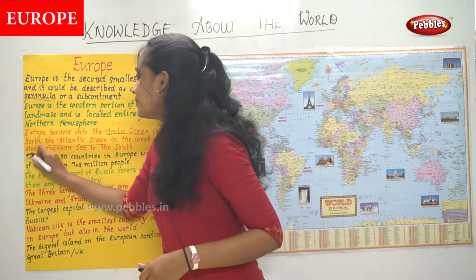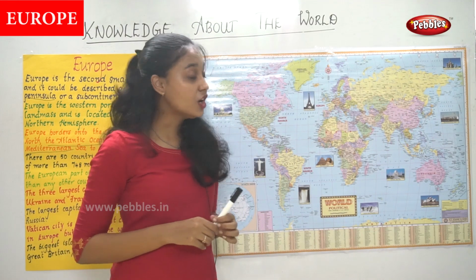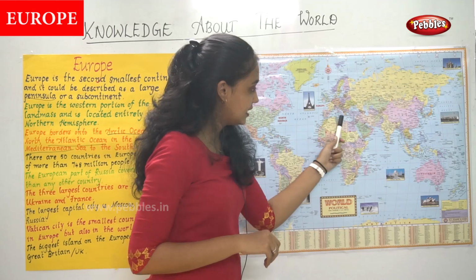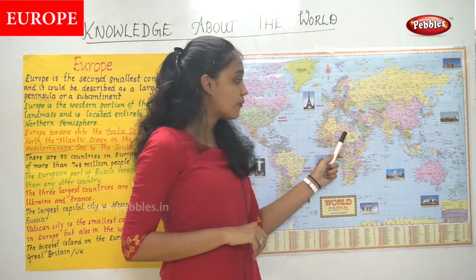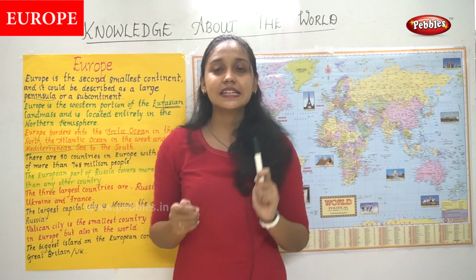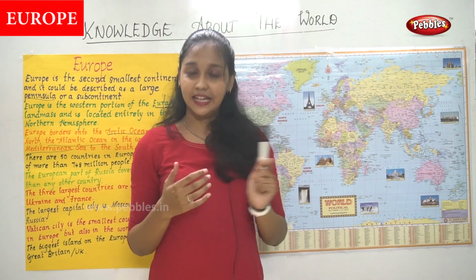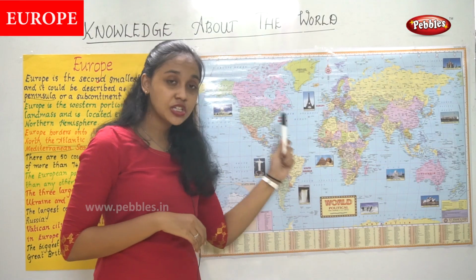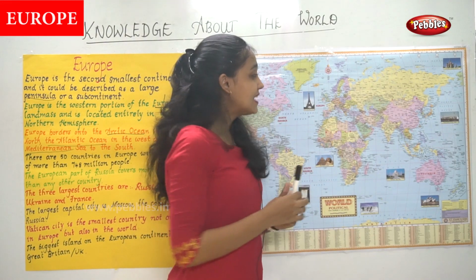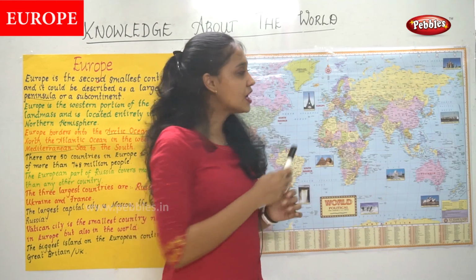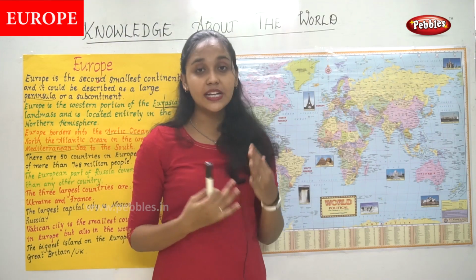This word can be quite large. It is the Mediterranean Sea. So where is the Mediterranean Sea here on the map? Yes, it is right here to the south. It is the Mediterranean Sea that is separating Europe from Africa. So once again, what are the borders of Europe? We have the Arctic Ocean in the north, the Atlantic Ocean in the west, the Mediterranean Sea in the south, and to the east it is a part of the Eurasian landmass. So that is how we locate Europe.